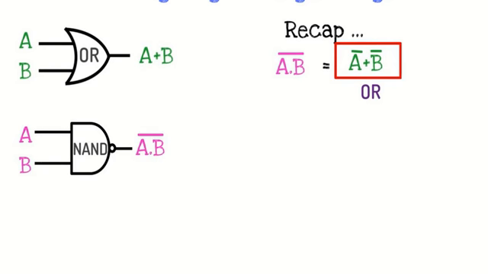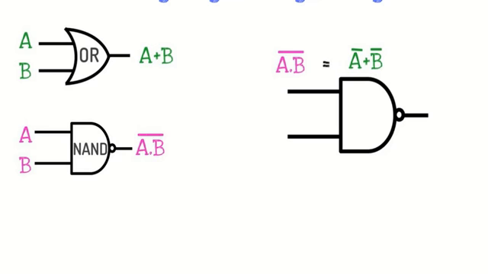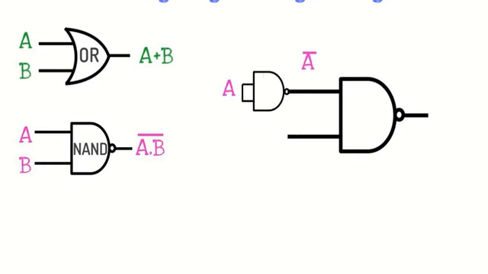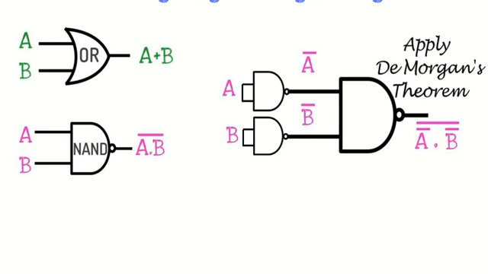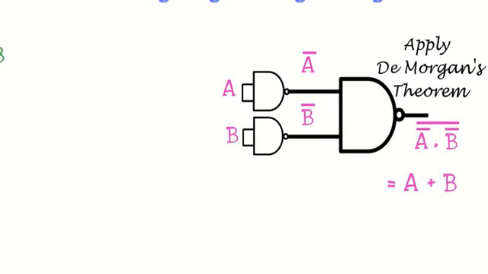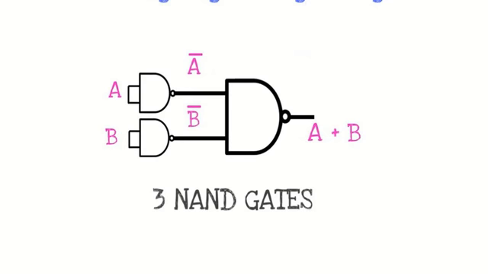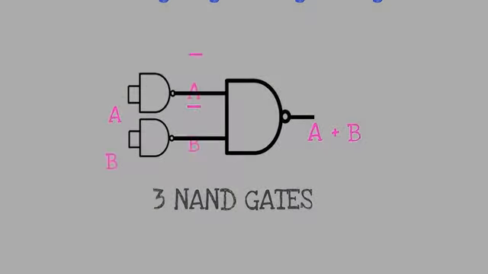There is no need of the outer complement, so we can omit it with the help of NAND gates connected to the input. So this input A gives the complemented output with the help of this NOT gate, that is a single input NAND gate. In the same way, this B gives the B complement with the help of a single input NAND gate. So output will be A bar dot B bar, complement of the whole term. Therefore, by applying De Morgan's theorem, all of you know that this is the sum, that is A plus B. In this way, by using three NAND gates, we can construct OR gate.